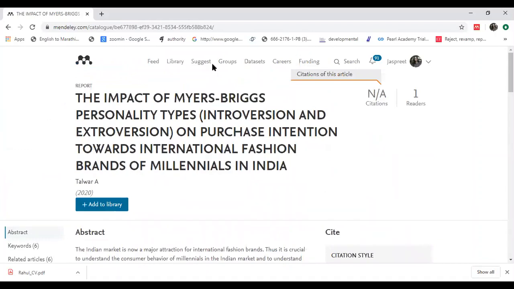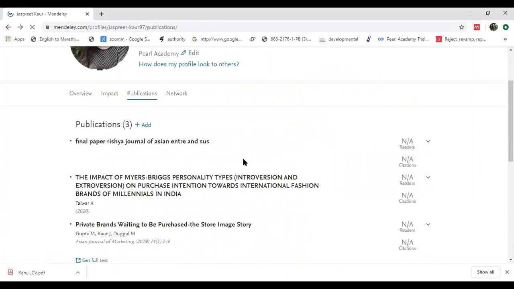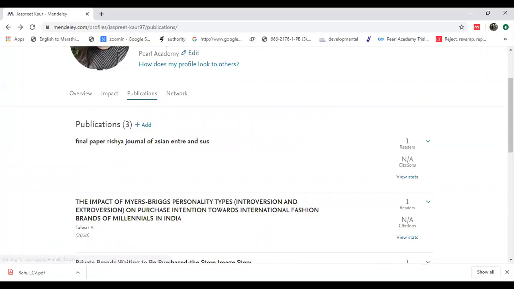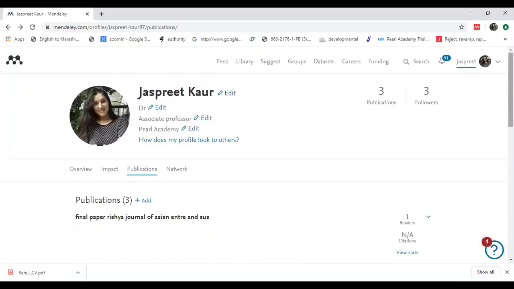It says not applicable, because as yet it's a new paper, in 2020 it got published. No citations are there as of now. As and when people start citing it in their papers, it will start showing citations. So even on ResearchGate, you can see your citations. On Google Scholar citations, you can see your citations. Even on Mendeley, you can see how many people cited it, because it's cloud. Suppose you wrote a paper and you cited me, Mendeley will catch it. Okay, I have been cited over there. Quickly, it will increase my citation.